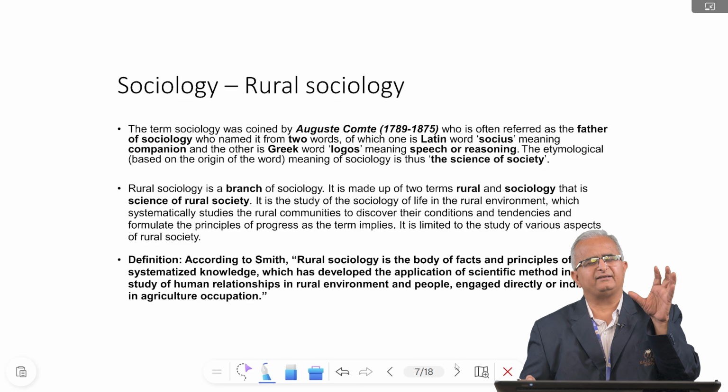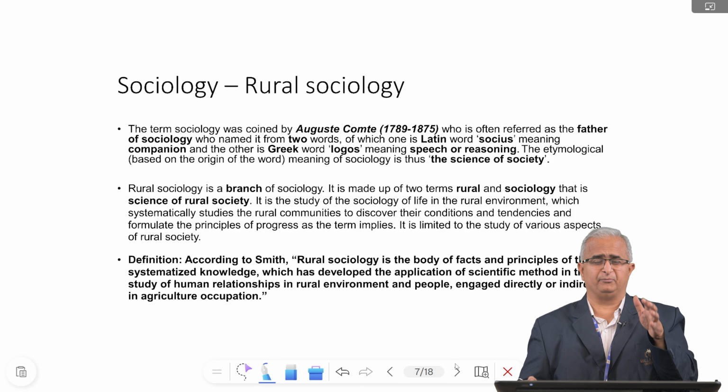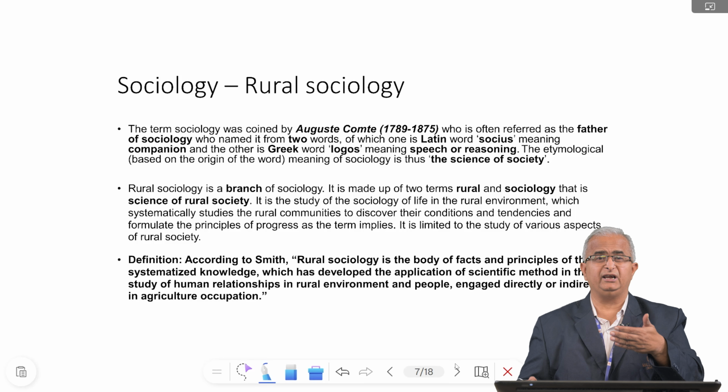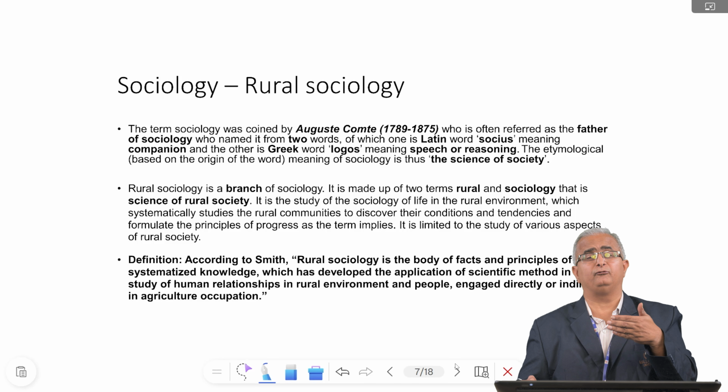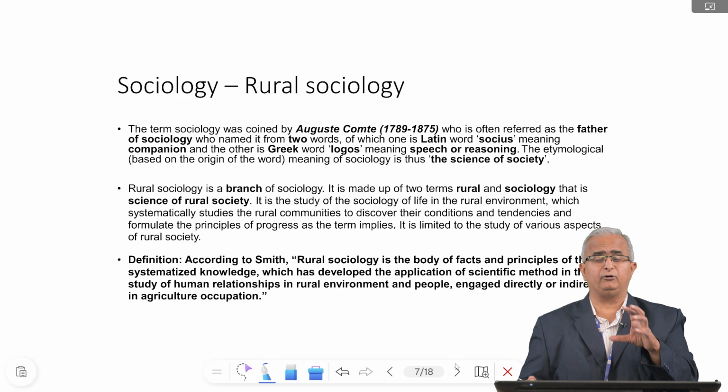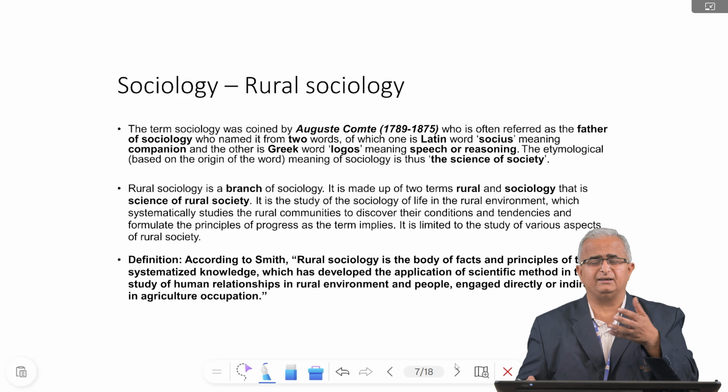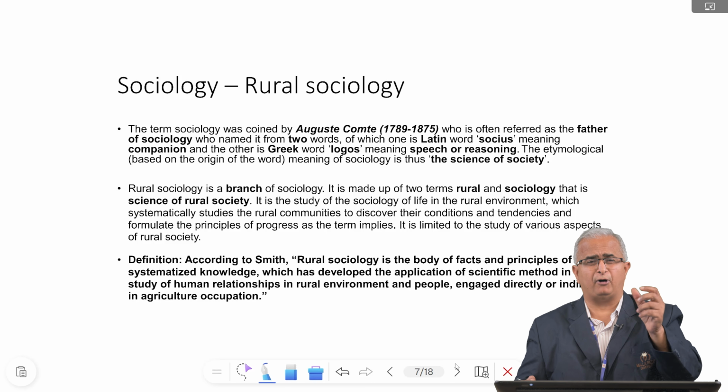Why? Because in extension education or in agriculture, ours is basically an agrarian country. Agriculture means to improve the farmers, so we should have a clear-cut idea regarding the farmers. To teach John Latin, we have to know Latin, and at the same time we have to know John also. Extension education is nothing but we have to understand the farmer first.